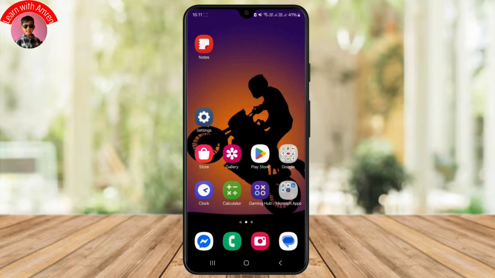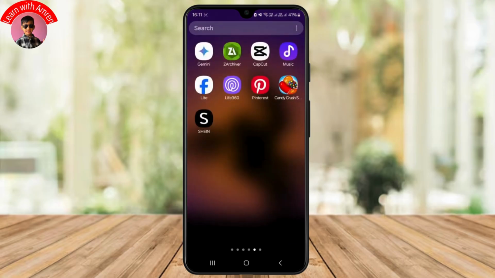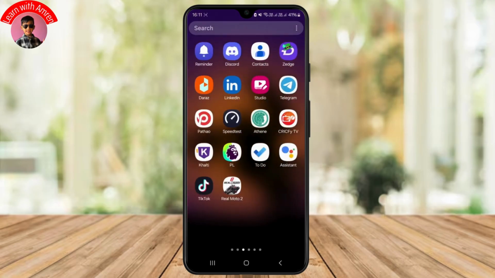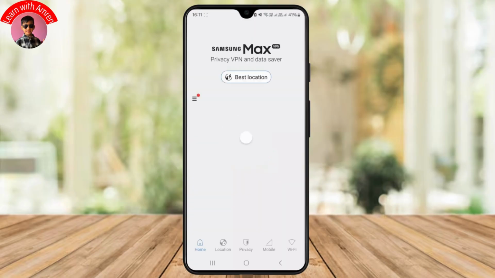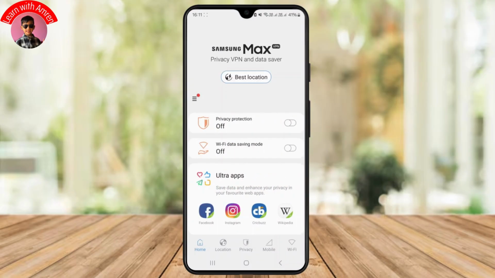If you are also using Samsung devices just like me, then what you can do to set up your Samsung VPN is just head over to your search bar and find the VPN application. As you can see, it has been located as Max VPN. It could be named Samsung Max VPN in your case, so it's the same for all Samsung users. So once you're inside here,